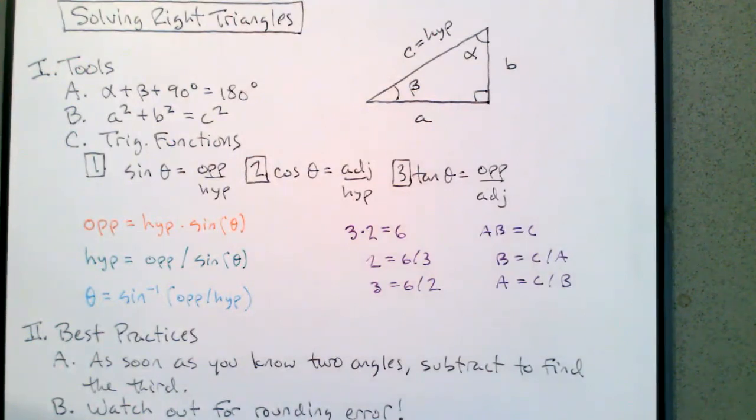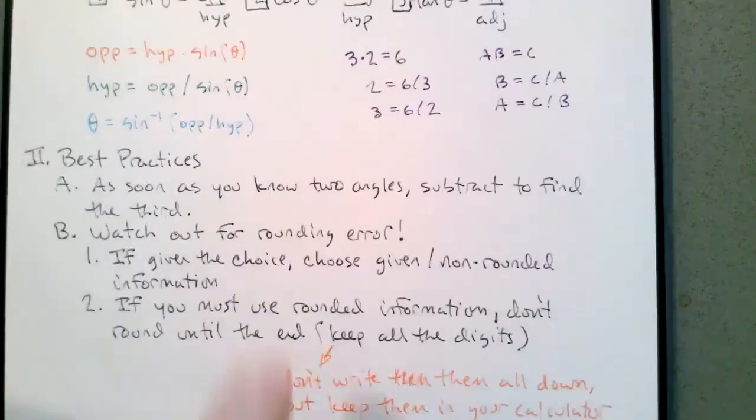Those are the ways I can set up a problem. I give you the right angle, an angle and a side, or the right angle and two sides. We just need to practice making the decisions following our best practices. Any questions,